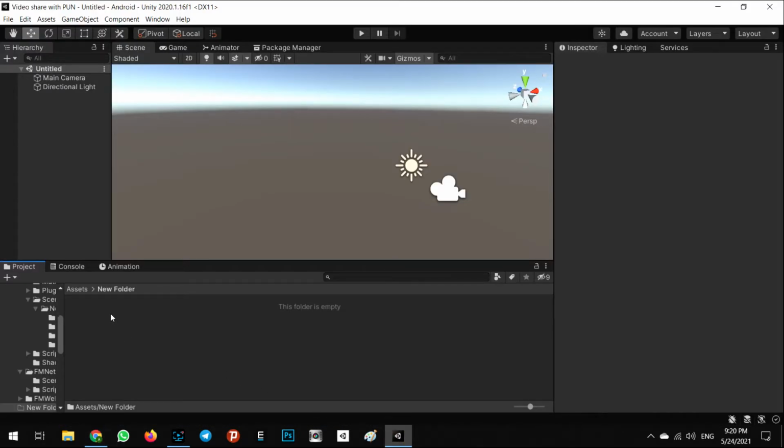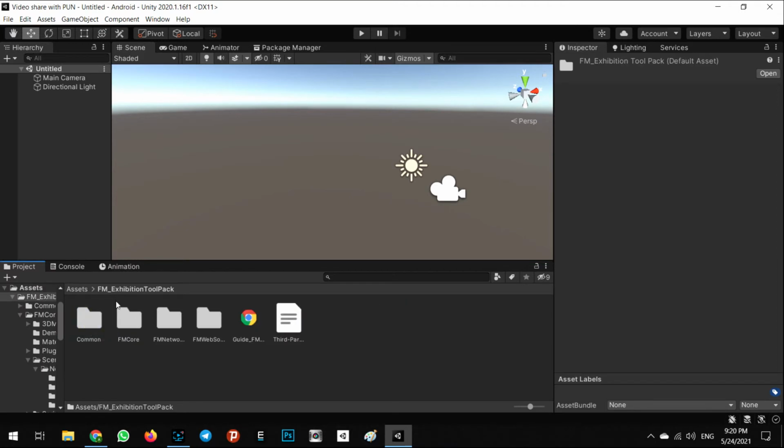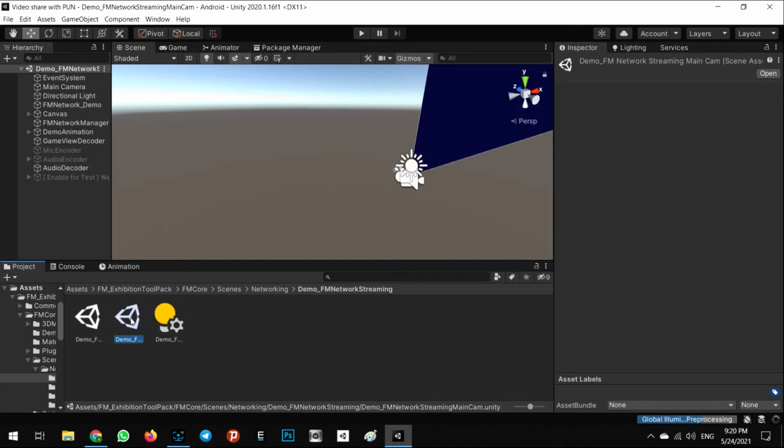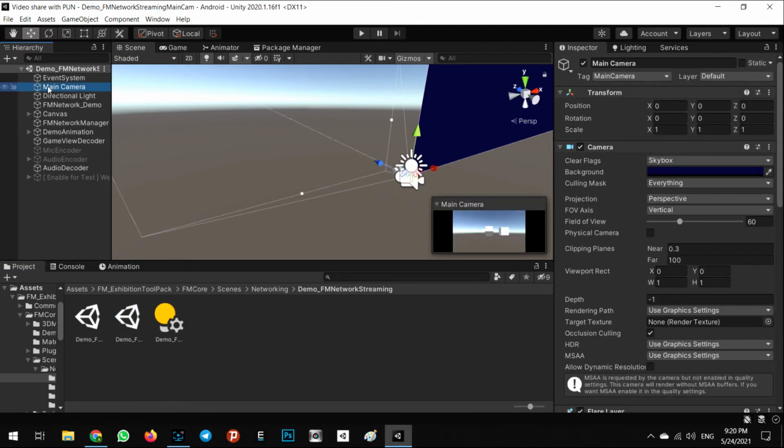Then after doing that, we can come here: FM Exhibition Tool Pack, FM Core, in folder Scenes, Networking, and in here, Demo FM Networks Streaming. In here we can click on this one, Demo FM Network Streaming, and also the main cam. For example, this one, the main cam. As you can see, it has some parts in here. For example, if we click on main camera,